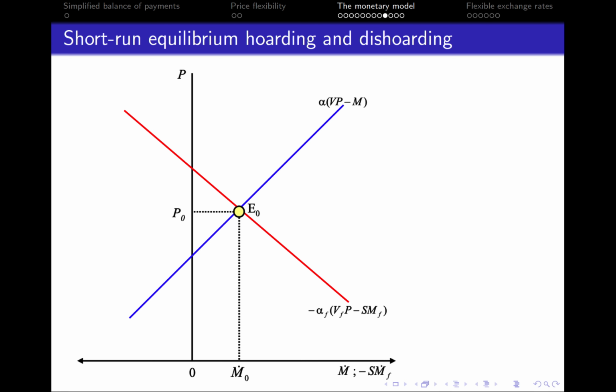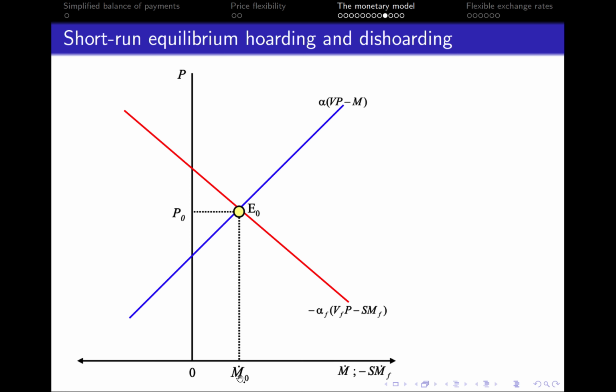So here is the graph, and what we can see over here is that we've got two axes. On the horizontal axis, we have change in the money supply. As you see, it refers to both money supply at home and money supply in foreign. Of course, as you can see over here, we've multiplied change in money supply by exchange rate in order to denominate money supply in our currency. And you see, of course, a minus,